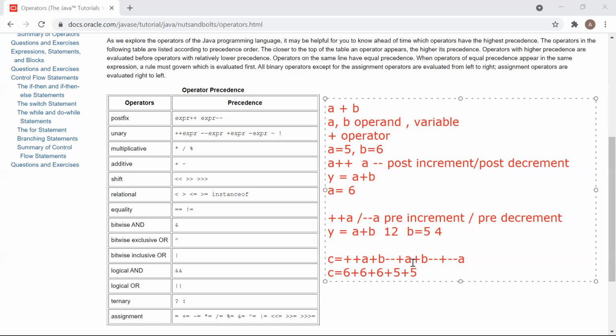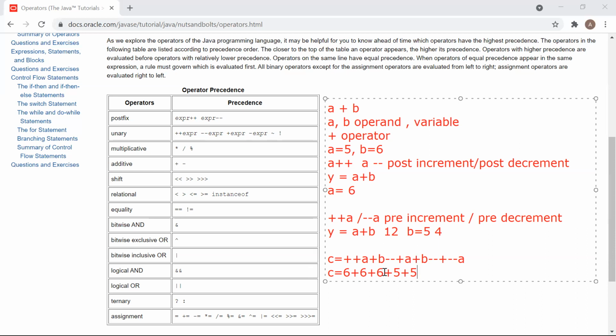Do you understand how I got the result? I forgot to add plus here. See, I'm explaining once again. This is pre-increment, right? So it will increase the value of a from 5 to 6, then plus b--. So what is the b value? 6, which is a post. So you are going to use the b value first, and then reduce it. So it becomes 5 now. Plus a.